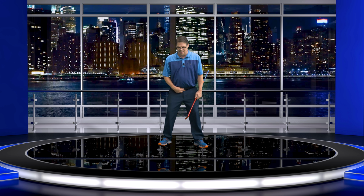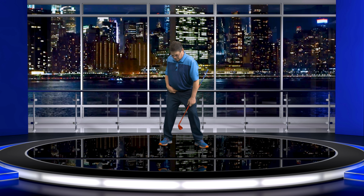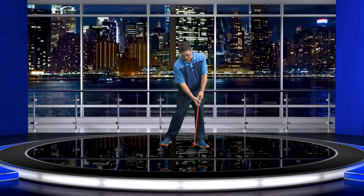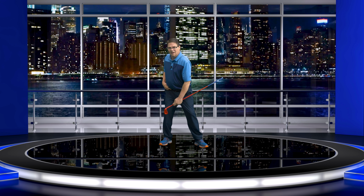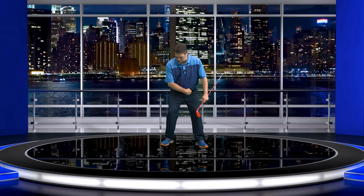So what I mean by that is if I get here and I make this lateral movement to where this feels level, this is where I get to. And this might look like some guys on TV, but this is not what we are doing. There is not this type of movement in the golf swing. There's just not. Even now, again, I'm not saying it doesn't exist, and I'm not saying there aren't some tour players out there doing it, but if you really want to understand what Hogan was doing, it's this way,